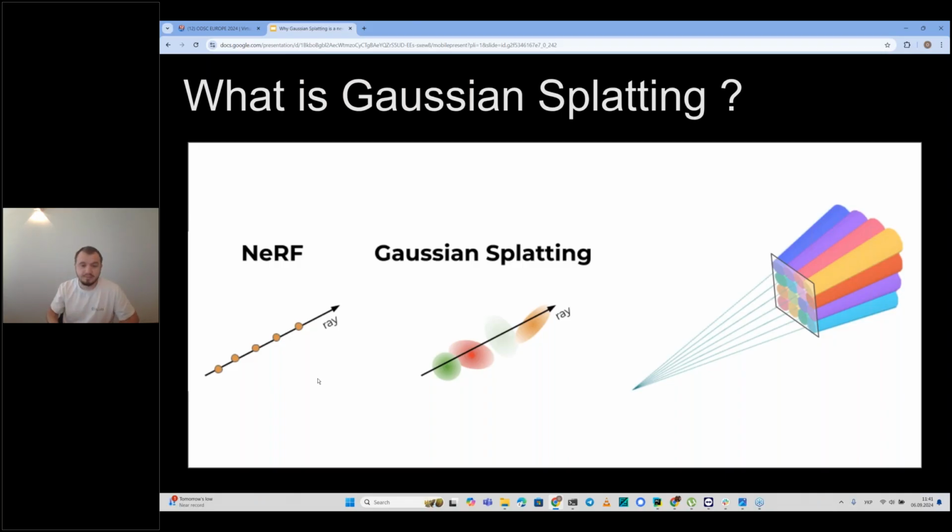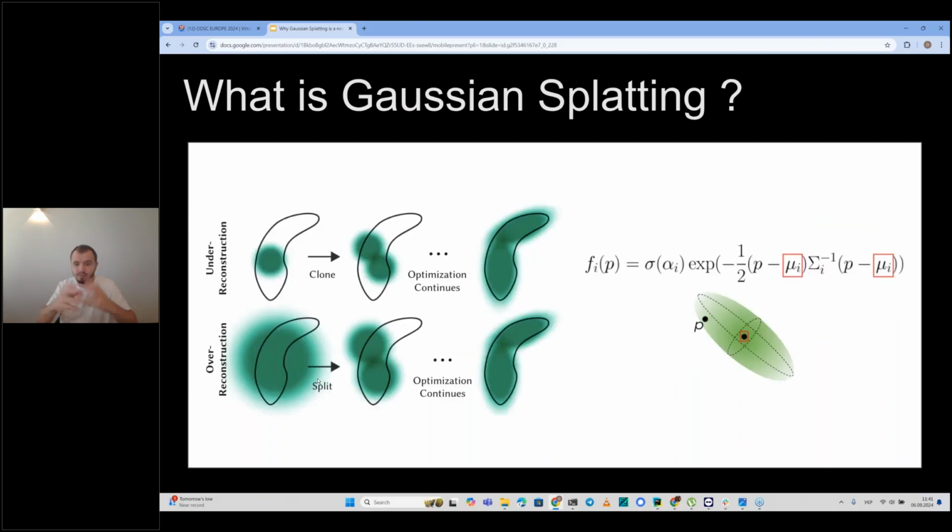So we have a Gaussian in a 3D space with a set of parameters which allows us to rotate this Gaussian, deform it in any direction, and modulate opacity and density of these Gaussians.